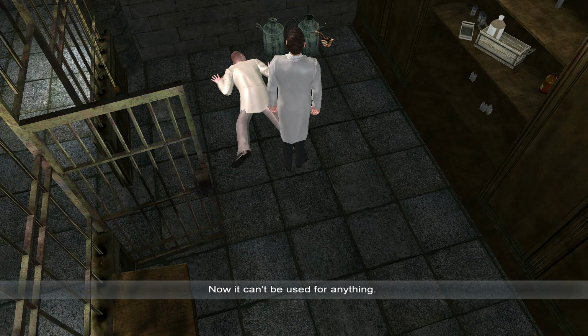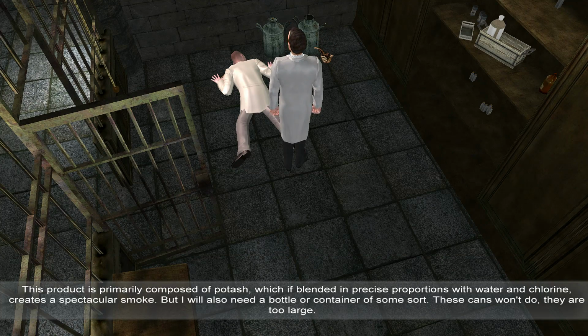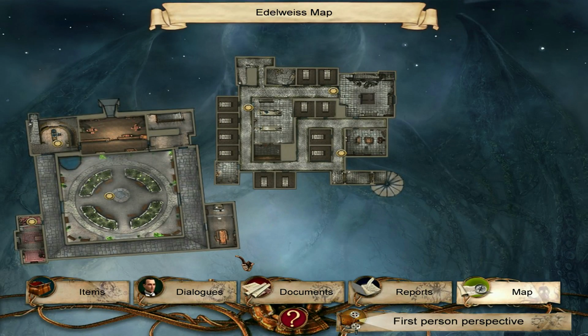Now it can't be used for anything. This product is primarily composed of potash, which, if blended... I can't do this. For God's sake. But I've got a container. It's here. Where is it? There. Isn't that a perfect container for potash? I think it would be awesome. But I can't freaking use it. And again, when I look online, it doesn't tell you anything. It just says use the...